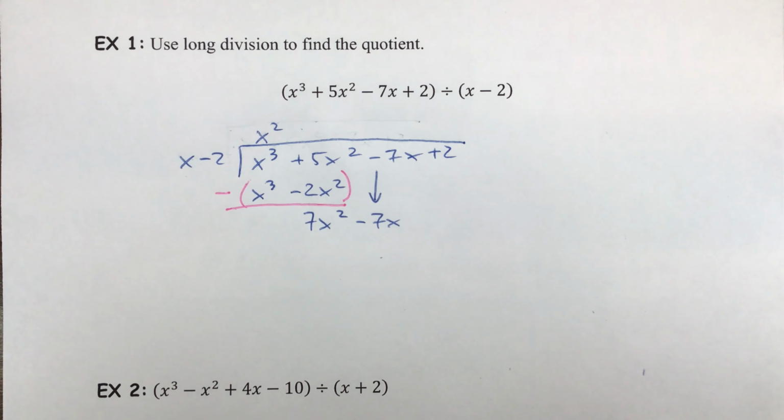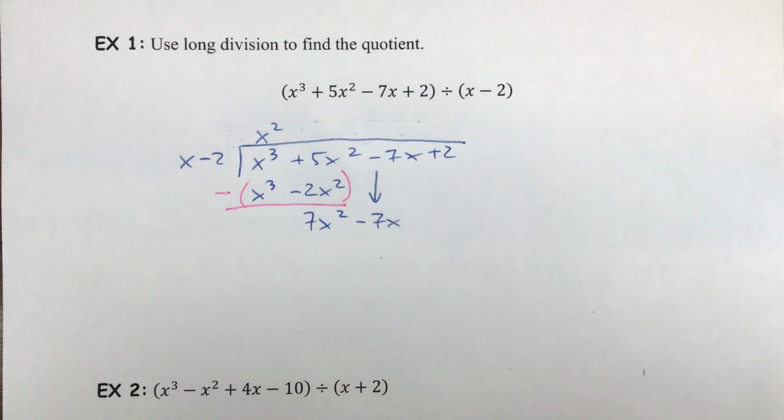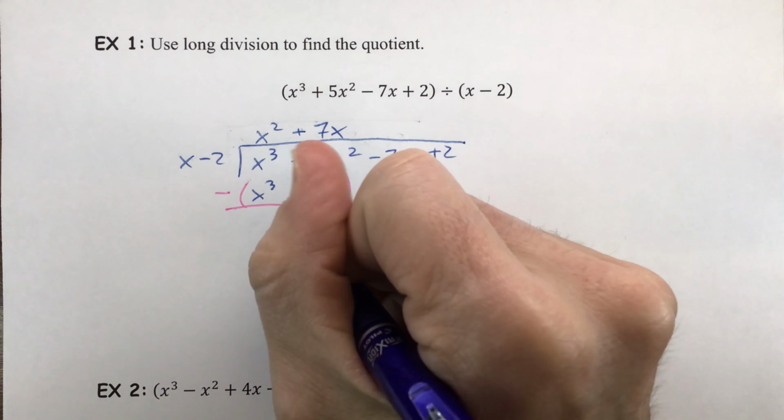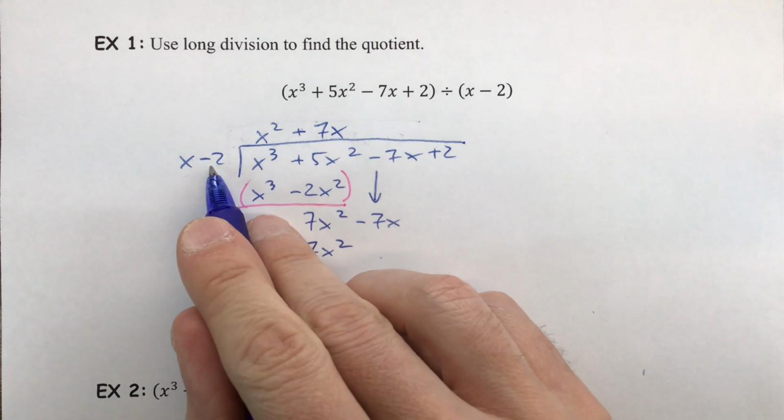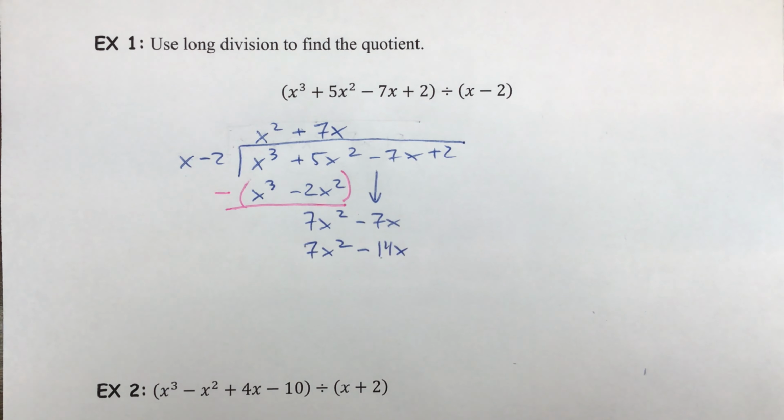Okay, we're going to repeat the process now. What would we multiply x by to get 7x squared? That would be 7x, a positive 7x. So then we do that. We multiply. We get 7x squared. But we also multiply here. We get negative 14x. We're going to use parentheses, subtract, separate. This will cancel. We're going to pay attention to this part. Becomes a positive 14x with negative 7x gives you positive 7x. We'll then drop our next term